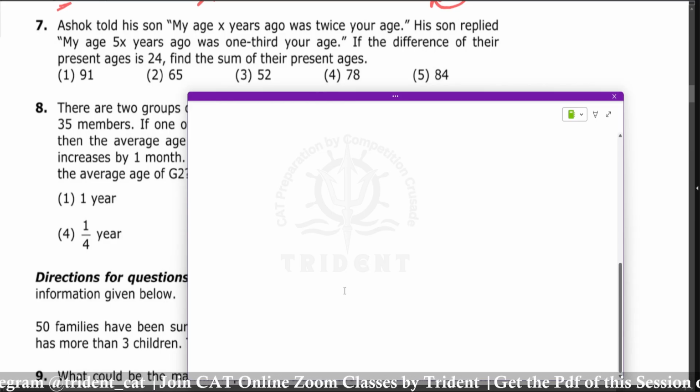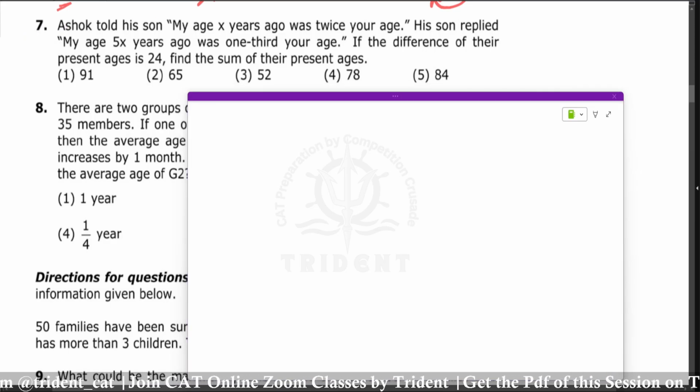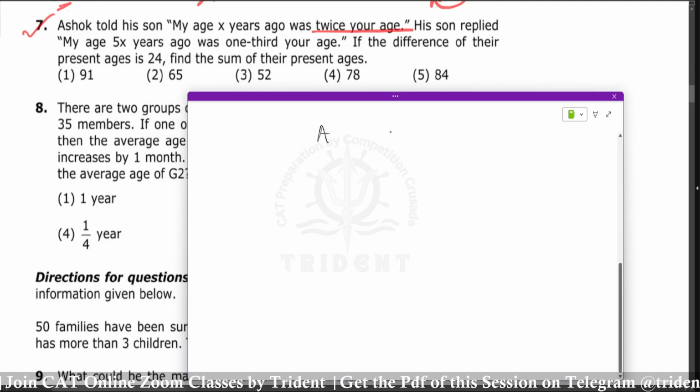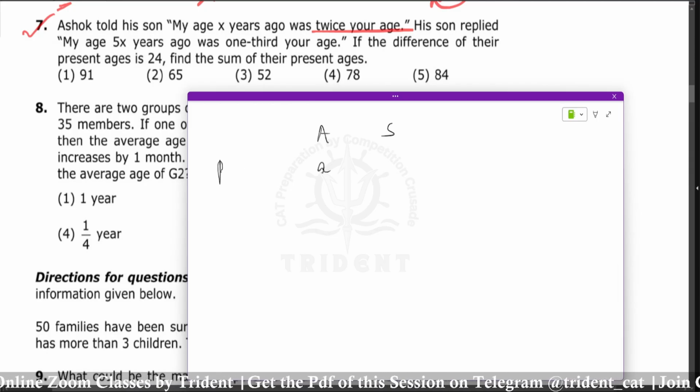There's a guy called Ashok. We are solving question number 7. So there is a guy called Ashok, and he's telling his son that X years ago I was twice your age. So let's say Ashok and son, present ages be,